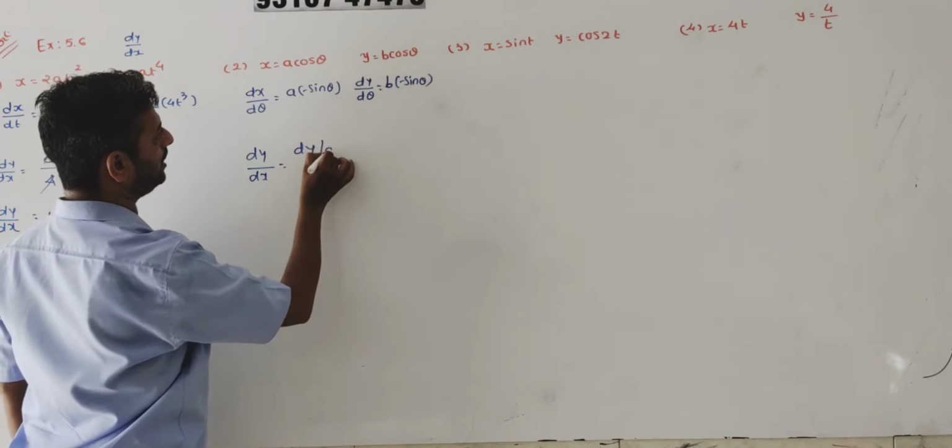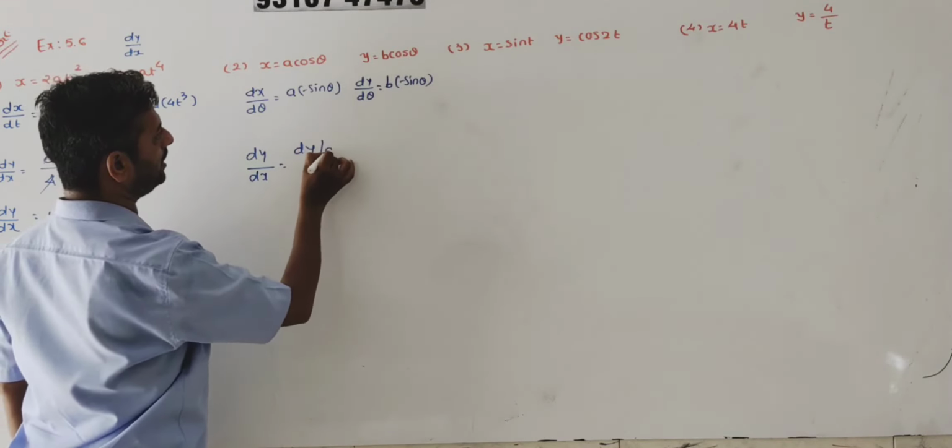Now your sixth, that is, dx by d theta. A is as it is, using the multiplication rule, first and second. The derivative of theta is 1 and the derivative of sin theta is cos theta. Now dy by d theta. A is as it is, the derivative of 1 is 0 and the derivative of cos theta is minus sin theta.